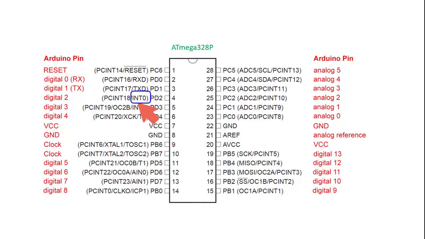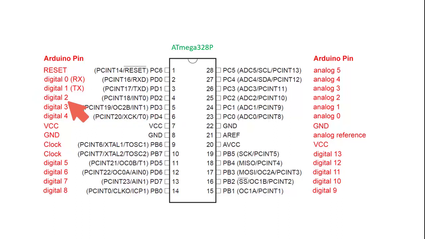See here, this is int0, this is int1. I will use here external interrupt 0 which is connected at port D pin number 2. In Arduino it is connected at digital pin number 2.